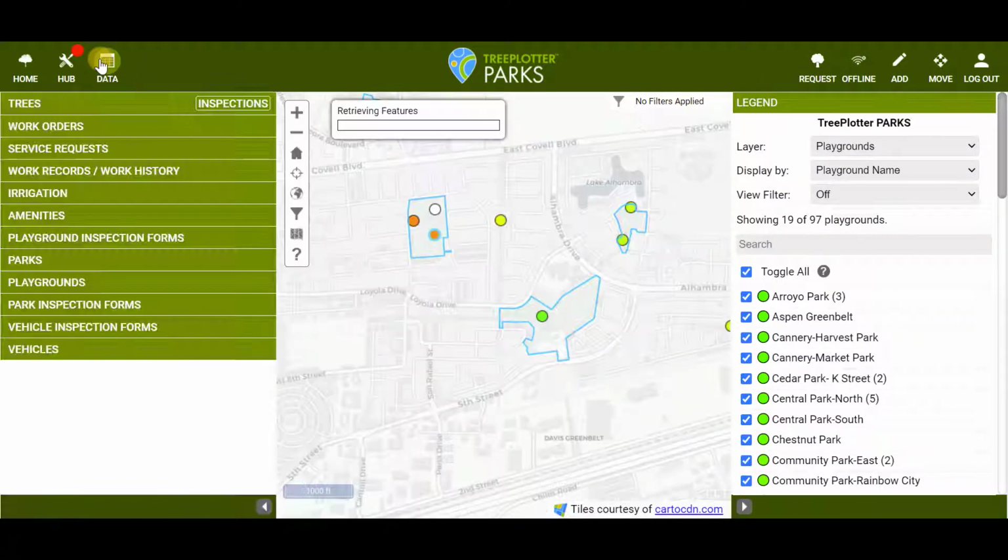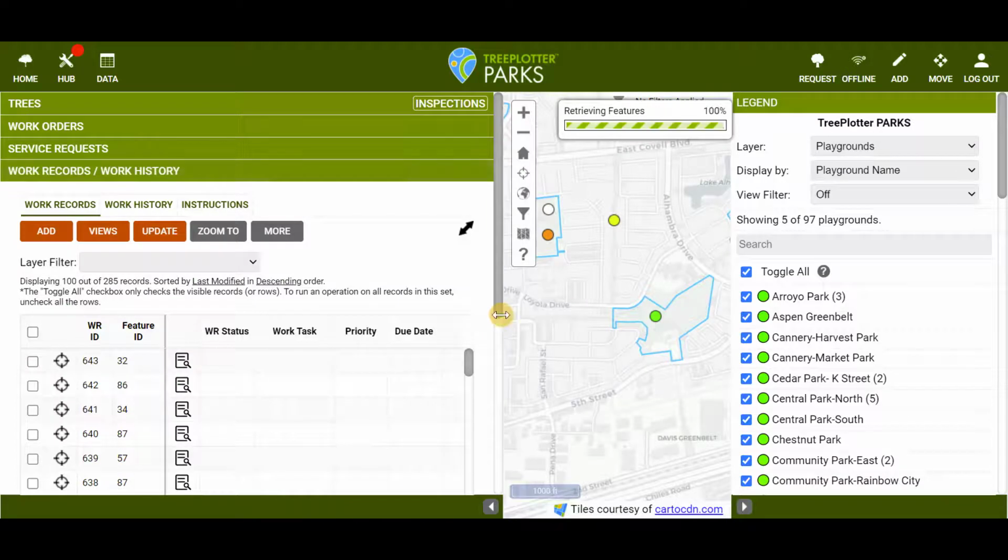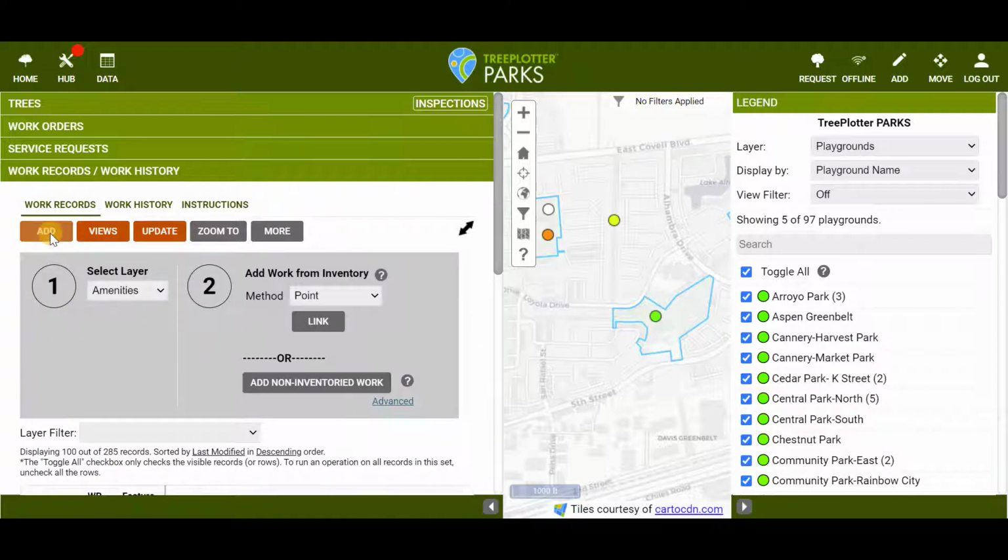The third way to add a work record is in the data table. Open the data table, select the Work Records/Work Histories data table. This table includes work records for all of your layers in TreePlotter PARKS. To add a work record, click Add. From here, you are given the same options compared to when you add a work record from the Work Orders